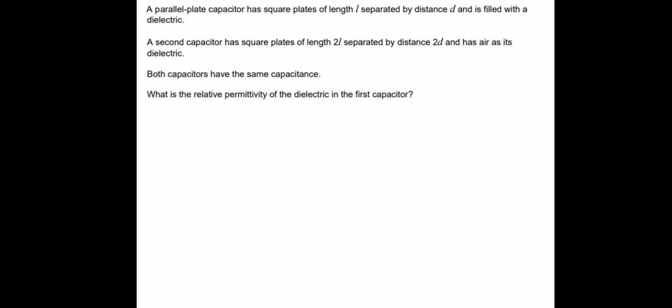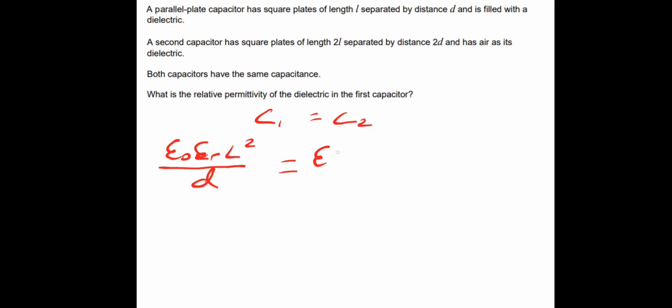So in this instance, both of the capacitances are the same. So I can say that the capacitance of capacitor 1 is equal to the second capacitance. So the first one, capacitance, is epsilon naught, epsilon R, A over D. Well, we could say, because we've got length, we could say L squared. Let's go back a bit. Distance D